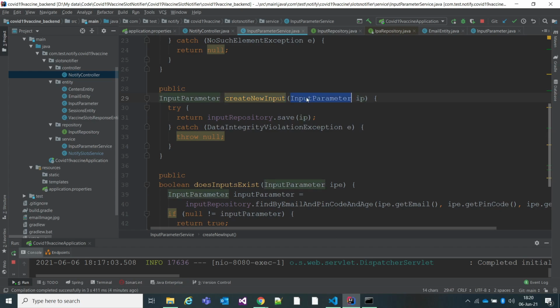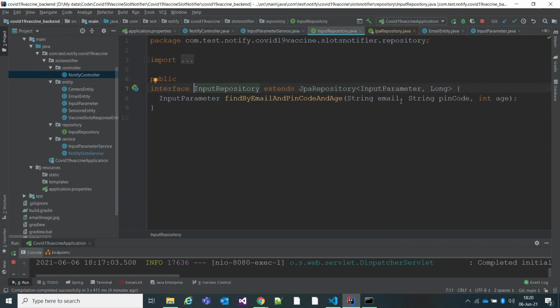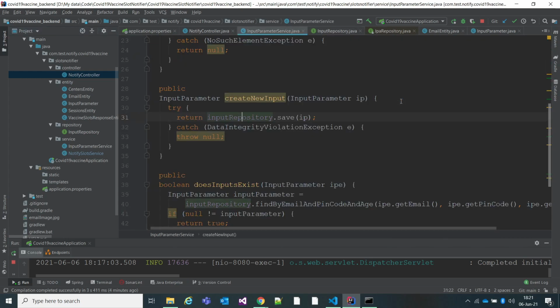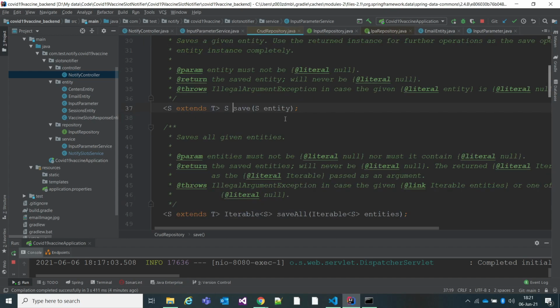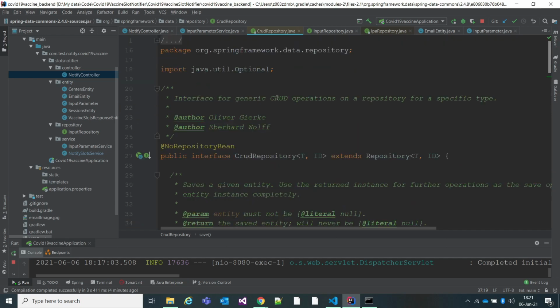Whatever input parameter object I have got, I'll use inputRepository.save. Even though in the input repository I have not created any save method, it is used by default from the CRUD repository, an interface already taken care of by the JPA repository.